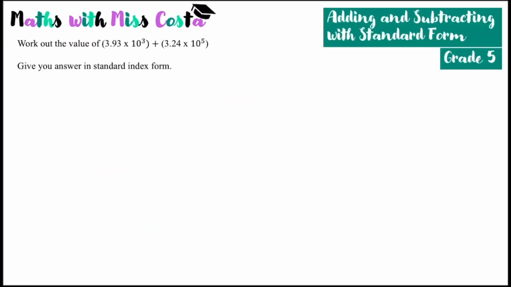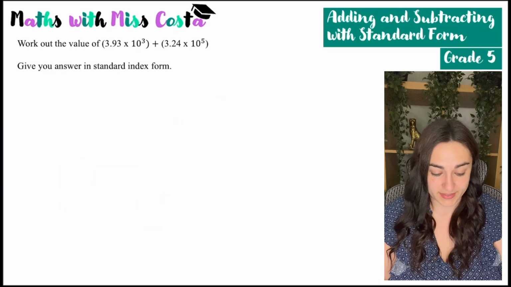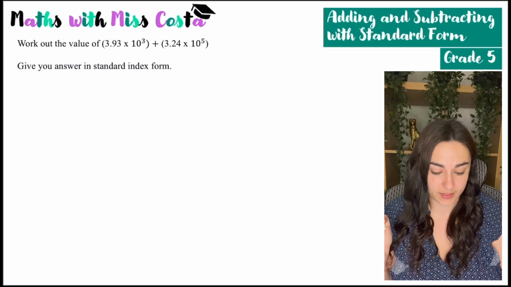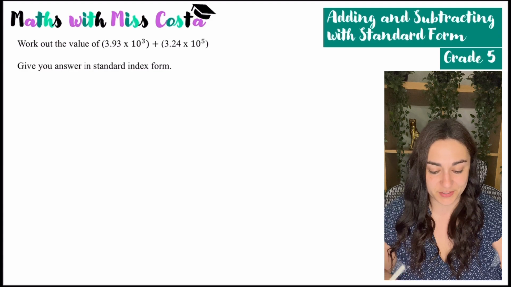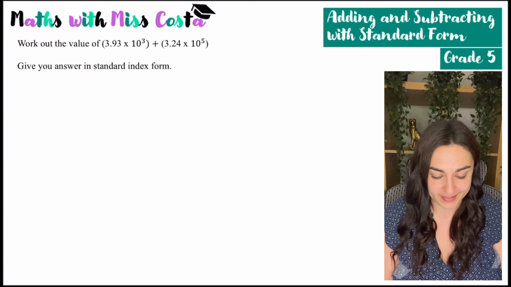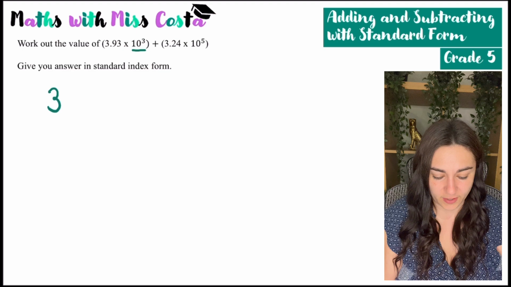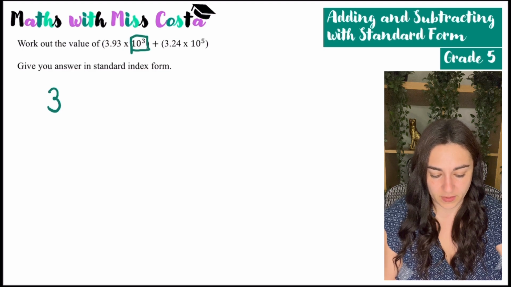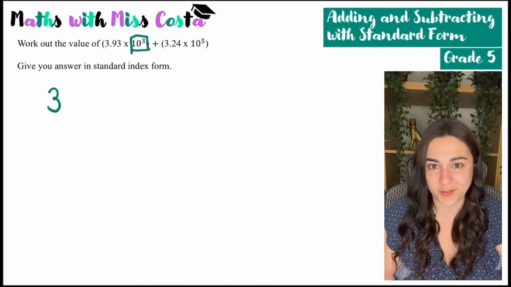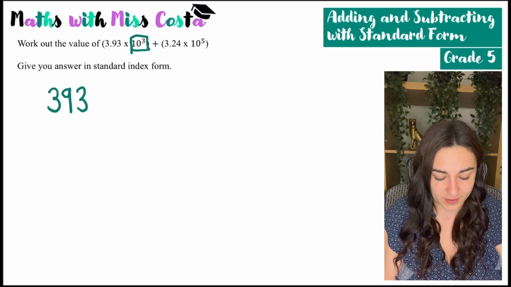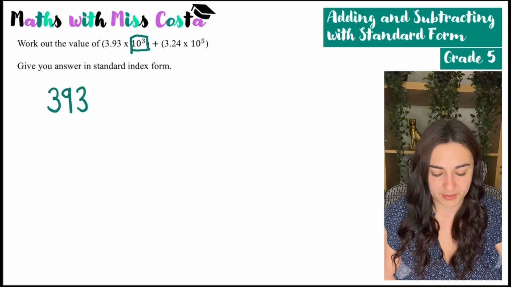Now I'm adding and subtracting with standard form. There's a few ways that we can do this, but generally you're just going to have to work it out and then add it. So 3.93 times 10 to the power of 3. Okay, so I'm timesing it by 1,000. I know that 3 times 1,000 is 3,000, so that one's quite simple, but you still use the formula, so